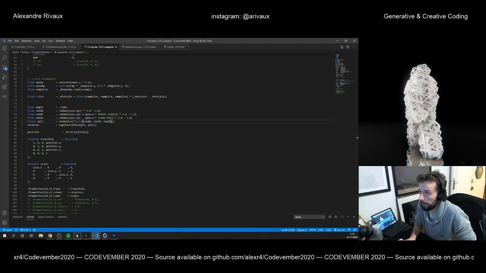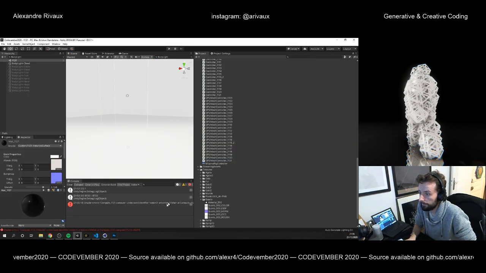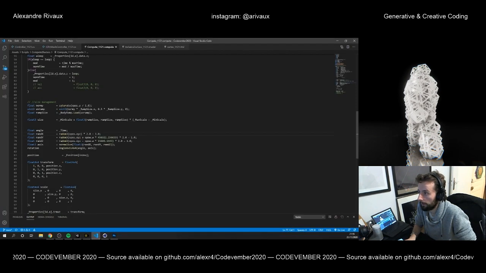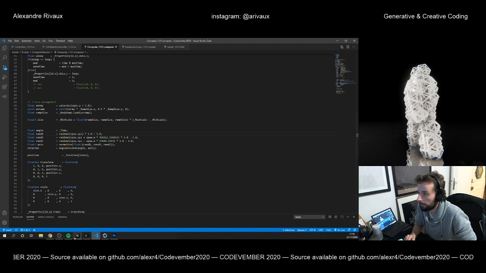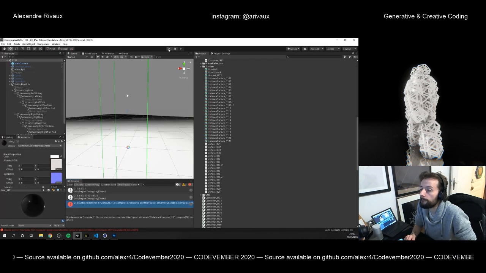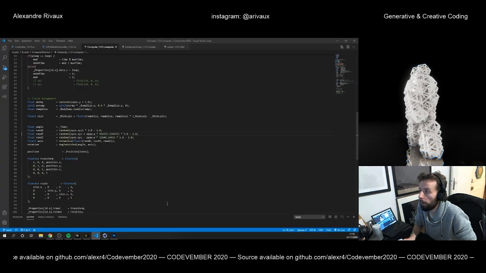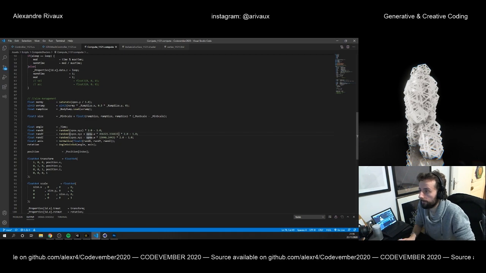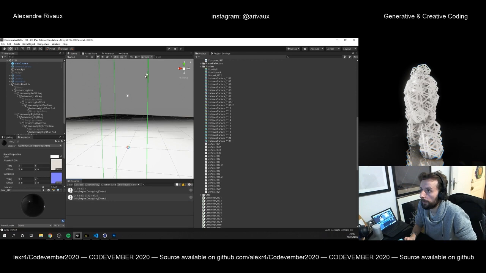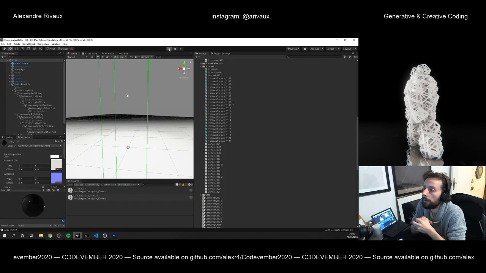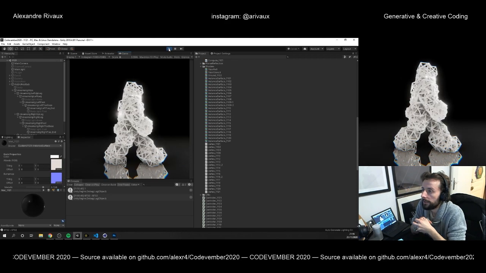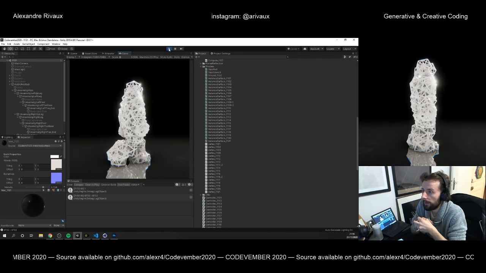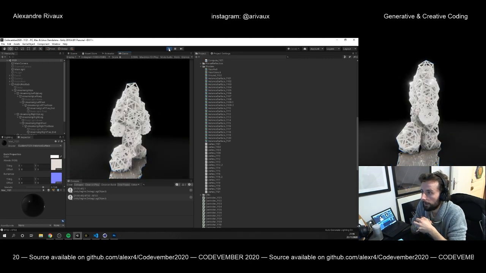Okay, and let's try that one and declare. Yes, I forgot the n on the random. And identifier oppose. Okay, and now it's okay. So now everything is rotating with a random value, and we have a little bit of